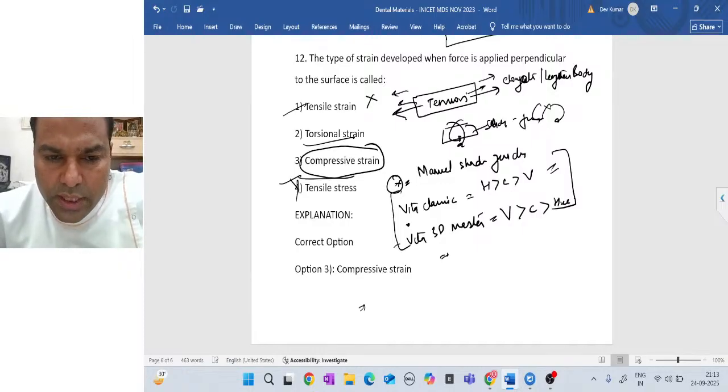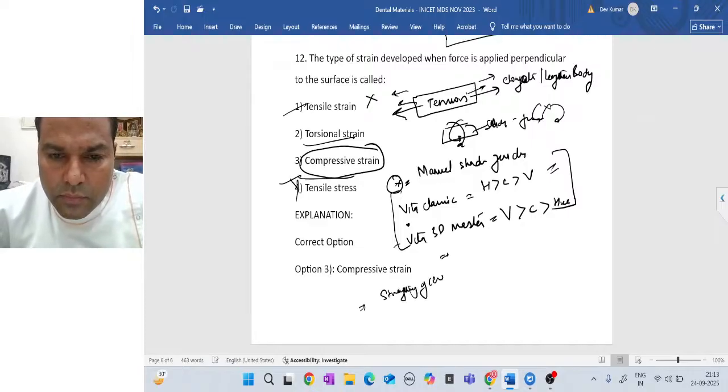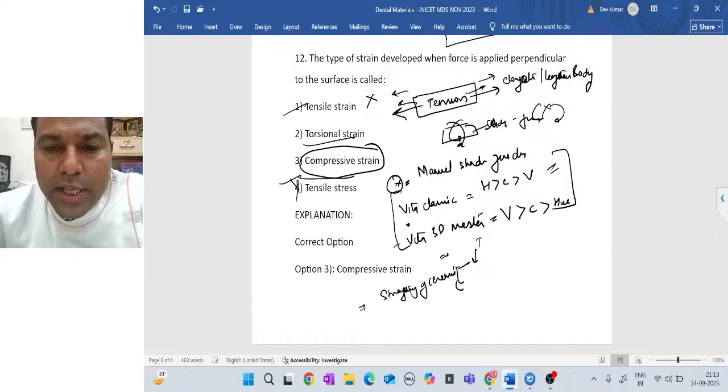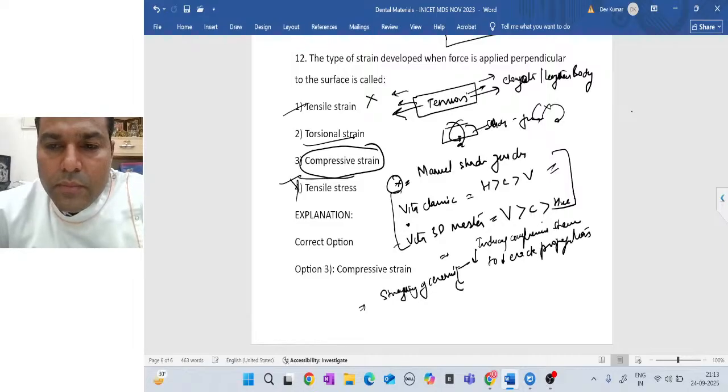Then we should know the strengthening of the ceramics. When we are talking about the strengthening of the ceramics, we know that we first have to reduce crack propagation by inducing compressive stresses. Okay, so this we do it either by, then we have, I'll tell you,